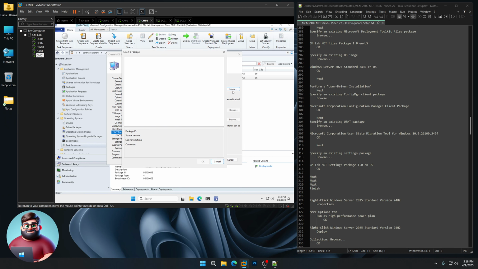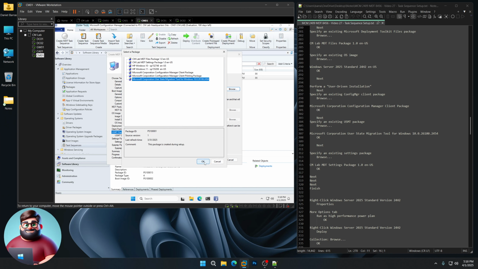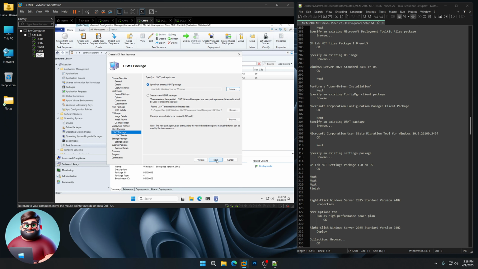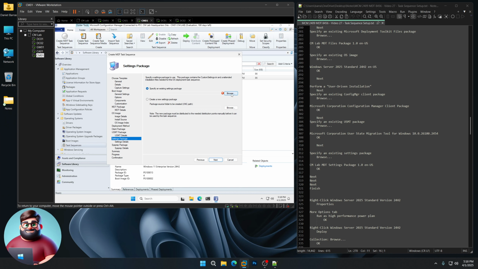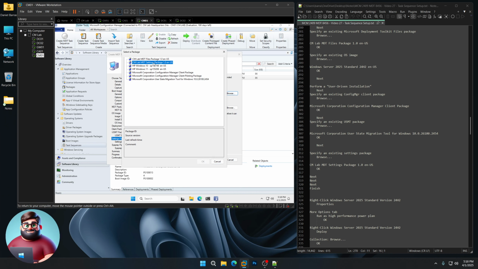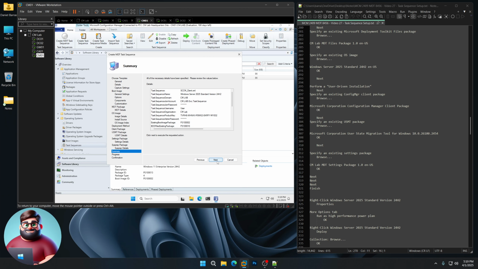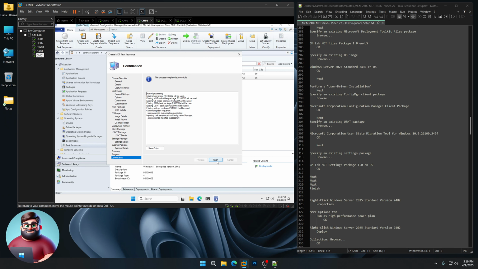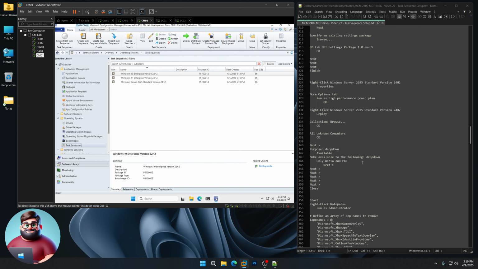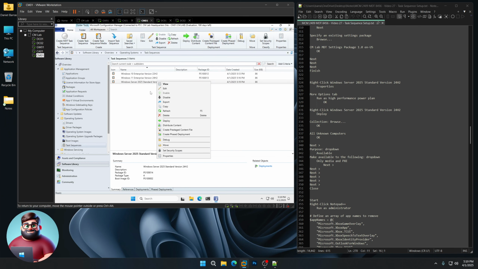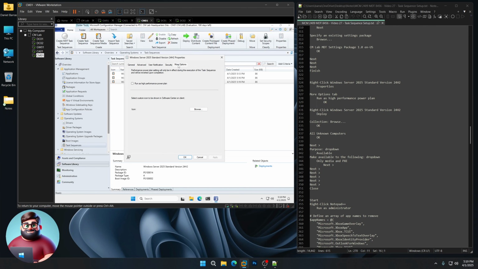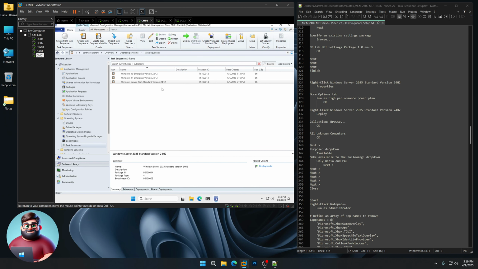Next, user state migration tool package. Okay. Next, specify an existing settings package, which we just created. Next, and no sysprep package is needed. Finish. And now we'll go to our Server 2025, click on Properties, More Options, Run as a High Performance Plan. OK. Right-click one more time, click Deploy,